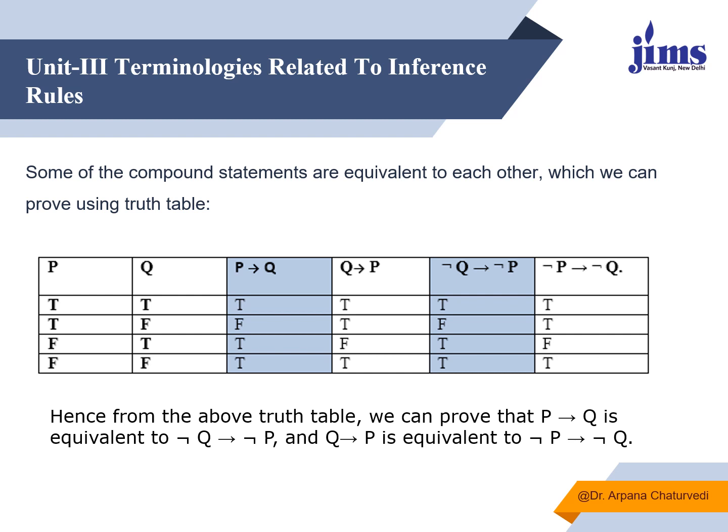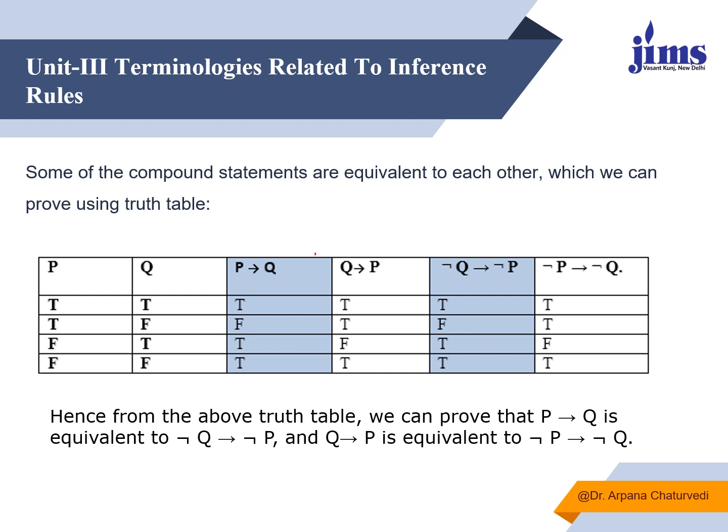Now we check over here. Not Q implies not P. If you look at the negation of this, then not Q implies not P. Means not true implies not true, false, false. It will be true. Then not Q means true implies not P means false. So if it is true and if it is false, it will be false. Whereas if it is false and if it is true, it will be true. If it is true, it will be true.